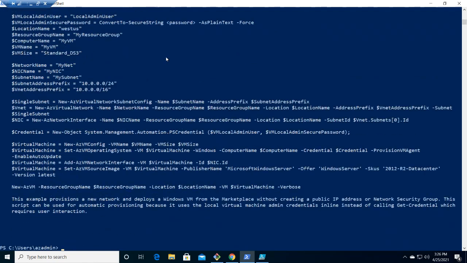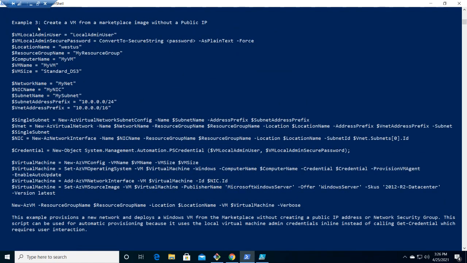If I do the examples here, you can see, let's go with example 3. Here you have all the information, all the configuration that you can utilize as per your need to configure your virtual machine: in which subnet, in which virtual network, what kind of VM size. If you were there when Ashish was explaining the VM size, here it is. We need a resource group for each and every virtual machine. So here is the virtual machine.